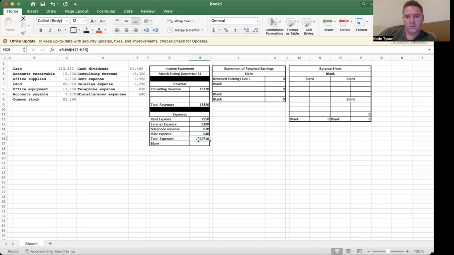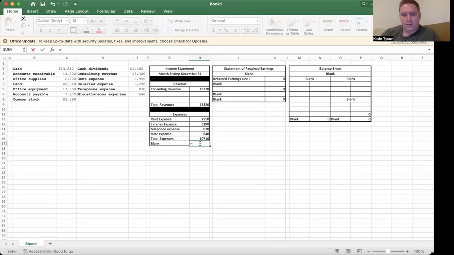Which gives us our total expenses here of 10,710. You have another blank here wanting to know what this is. So you can take these two, and we want to take what we've earned minus what we've lost to see if we've made any money or if we've lost money. In this case, just to do some simple math on my end here, it is this number minus this number here. We have a positive number of